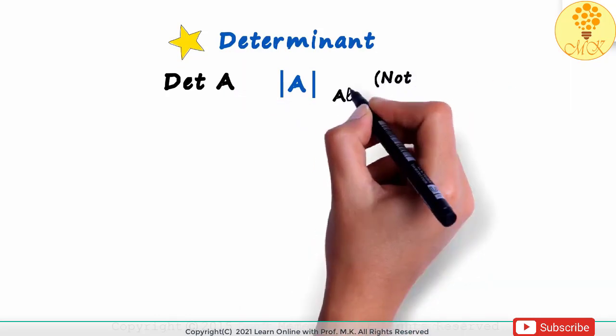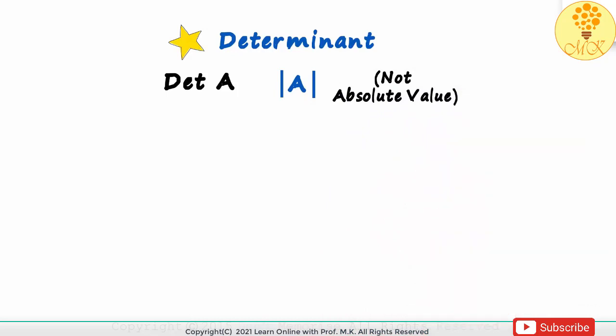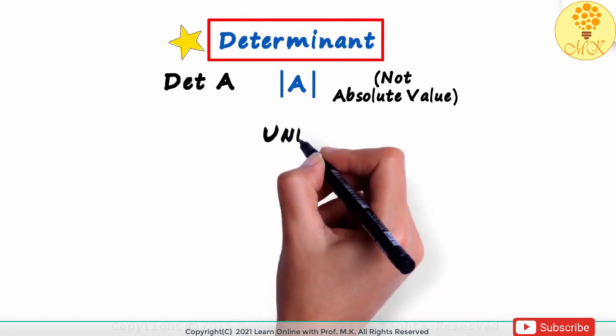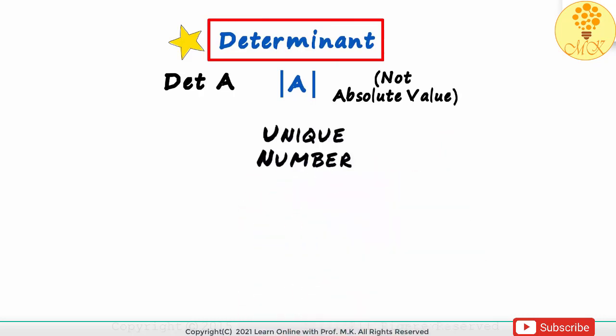Do not confuse this with the absolute value. Every matrix has a determinant and it's unique. The determinant of a matrix is a unique number which can be calculated. It's special because it has a wide range of applications. We can use it to find the area of a triangle, the inverse of a matrix, or even to solve